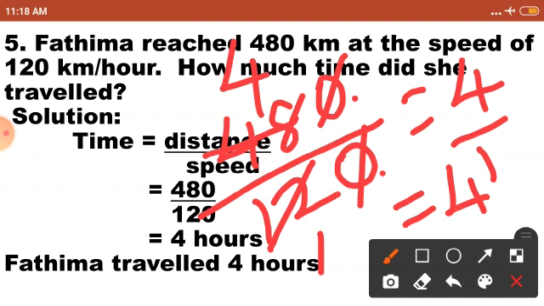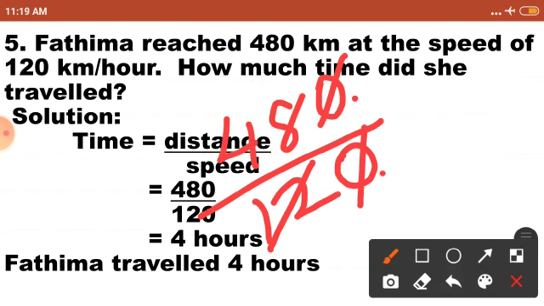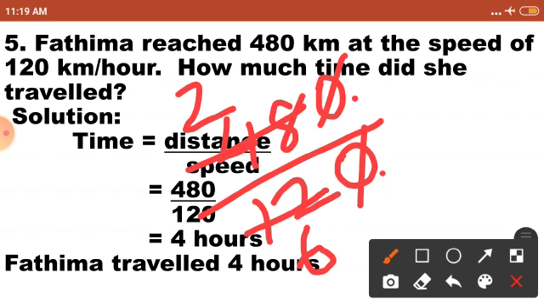If you don't know the 12th table, also you can do the same sum. Just see how to do that. So 48 divided by 12. See, this 48 is actually an even number. Likewise, this 12 is also an even number. So both of them are even numbers, so you can divide these two numbers with 2. See this, 2 6s are 12. Coming to the numerator, 48. Take the first number, it is 4. So 2 2s are 4. Second number is 8. 2 4s are 8.